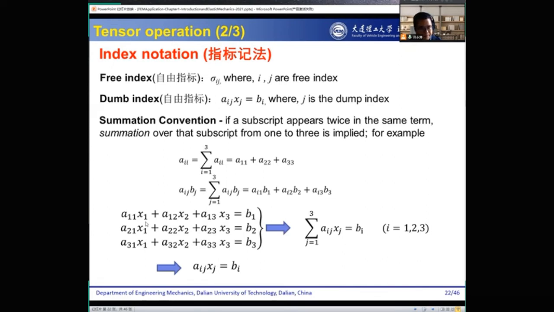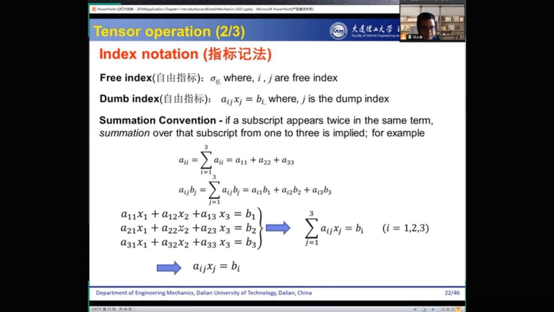We can see B1, B2, B3, so it's a loop from 1 to 3, and then here we see x1, x2, x3, right? And here is A11, A12, A13. And if we look in this direction, we see A11, A21, A31. Okay, so clearly there are some